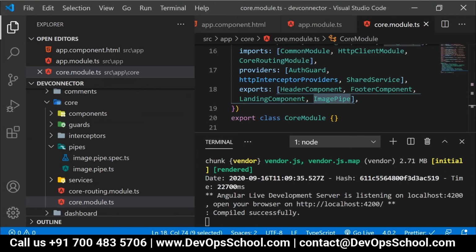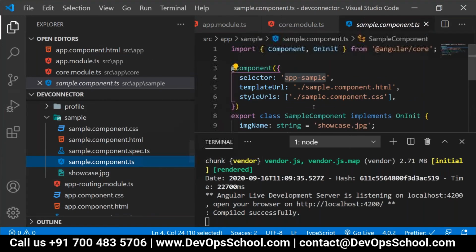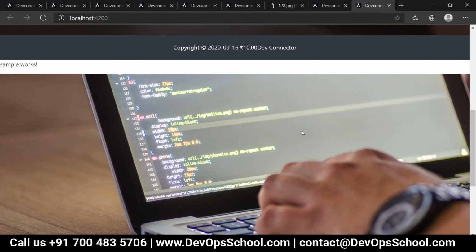Now what I'll do, inside my sample.component.ts, I'm going to change the image name. Now have a look over here.